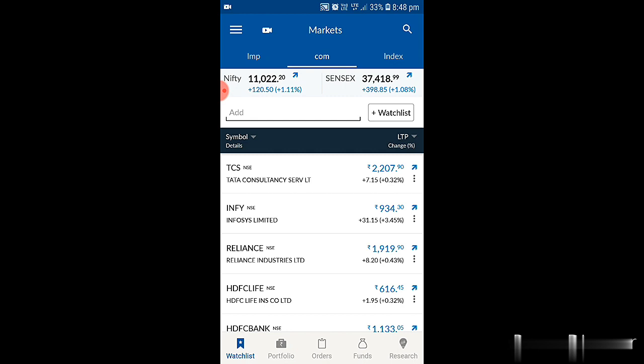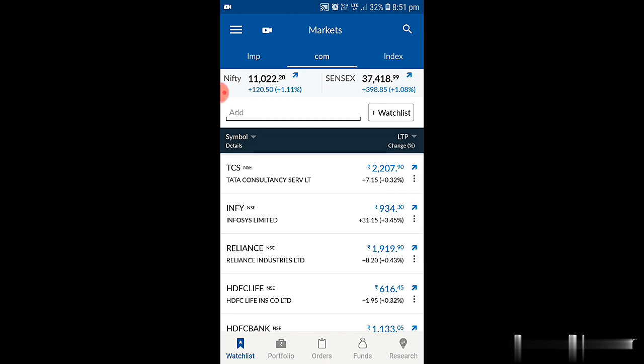Okay, let us come to the topic. So today we are going to explain about 200 EMA and RSI for short term or long term stock selection. Most of the people are asking how we can select a stock based on 200 EMA and RSI. So today I am going to explain how we can select a stock and how we can set up a chart. All the things will be shared through this video.